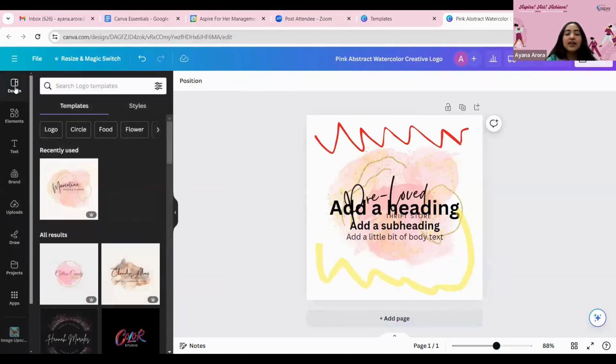And let's say what happens, this is something that I really love about Canva, and it is totally in